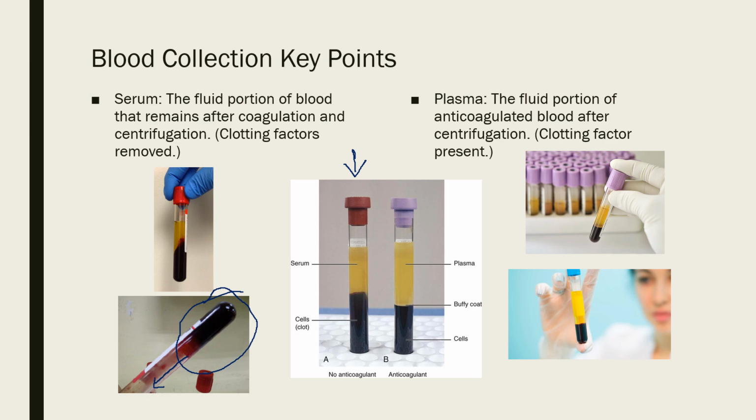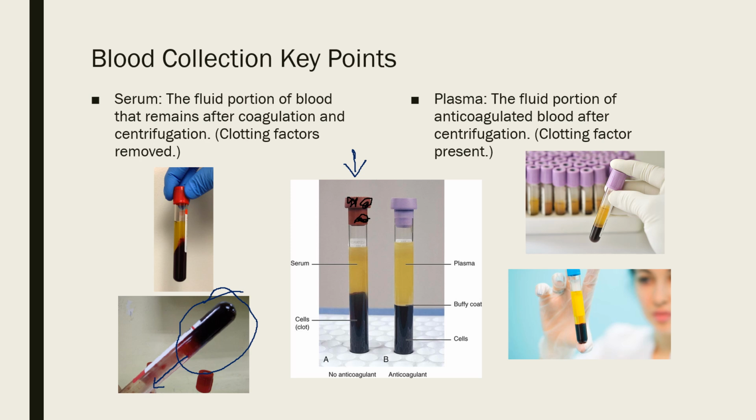A tiger top tube will actually have a little bit of grayish, darkish black area on that rubber stopper, and then you will have that little layer of gel in the center as well. Your gold tubes actually have something in them that helps activate that clot, so that's why they're a little bit different. Now your plasma, on the other hand,